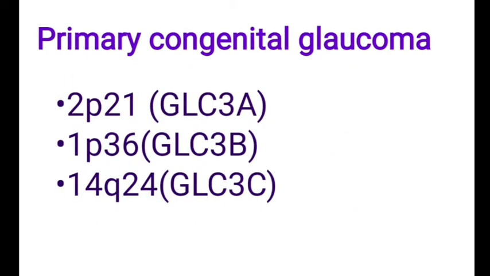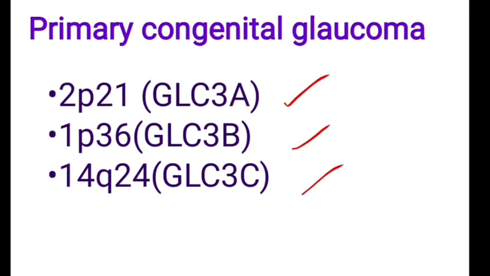So whatever I spoke till now is common to all congenital glaucomas, okay, which may be primary or even secondary. So there are some things which are very particular to primary congenital glaucoma. As I told, there are no other ocular or systemic diseases which are associated in this primary congenital glaucoma. These are the gene locations for the